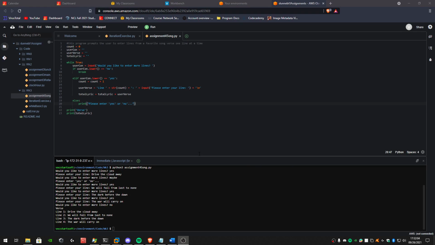Assignment 4 song.py prompts the user to enter lines from a favorite song verse one line at a time. Initially, it'll ask the user if they'd like to enter more lines. If they input yes, it's going to prompt the user to enter their line. This will continue until the user inputs no, and then it will print the string verse, followed by each line